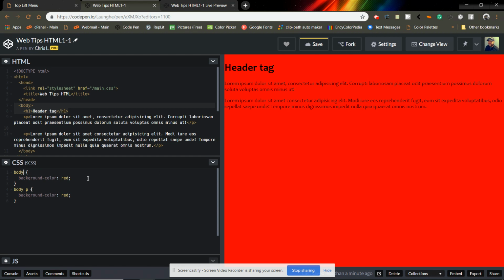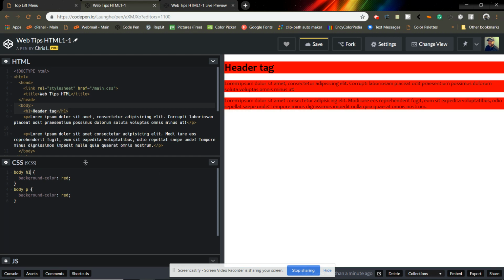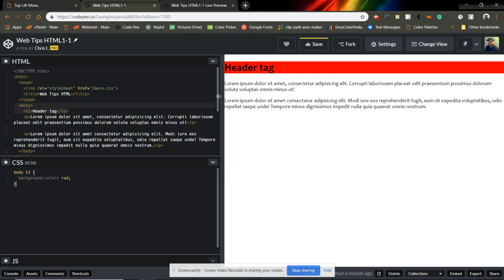Then we're being more specific and saying body H1 red. Or as we know already, we could just target the H1 and say H1 red. It's the same thing. But if we wanted to be more specific, we could give this an